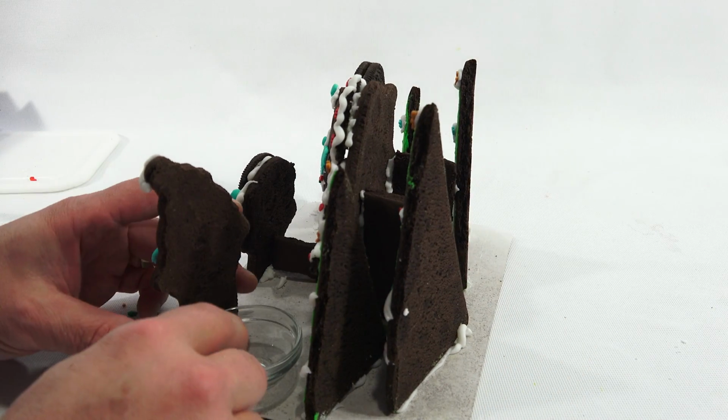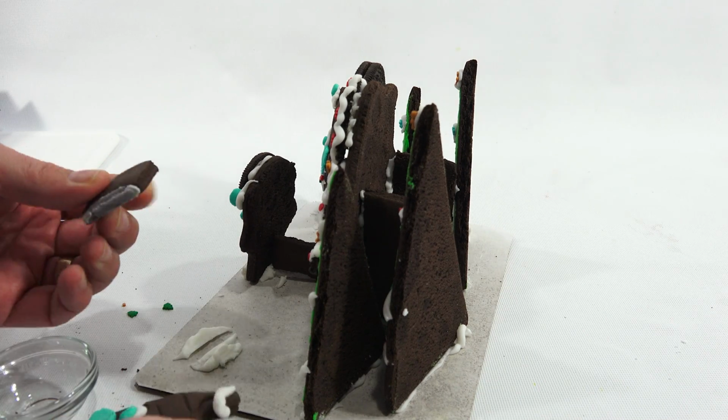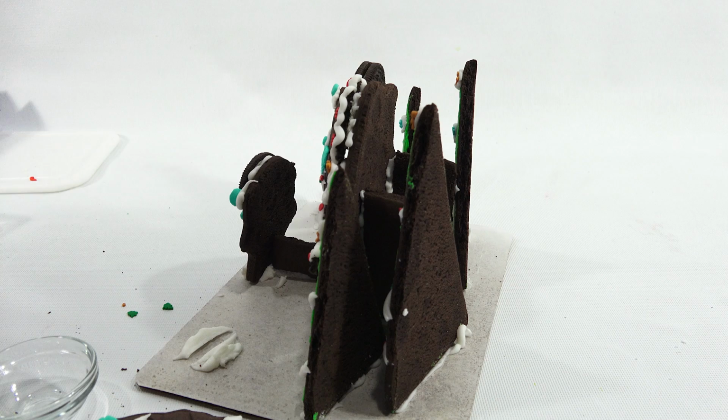I think that's why I was kind of struggling. So you take this like this. I think actually I can go tall ways too. I'm going to do that. It's still not dry, so I caught it just in time after I was looking at it saying, something just doesn't seem right with this set. And I've been struggling and struggling and struggling with it. Just the way it is in the pictures and...